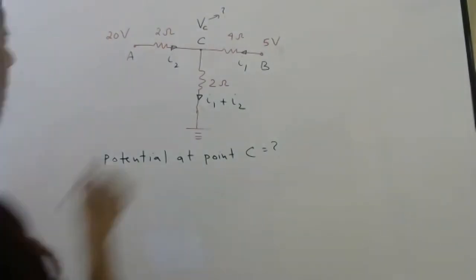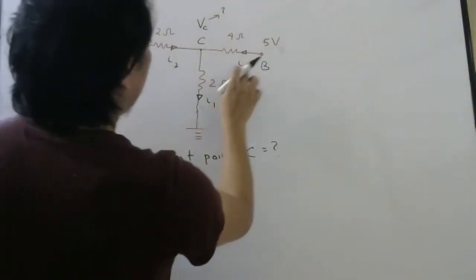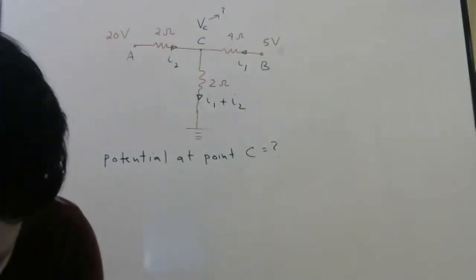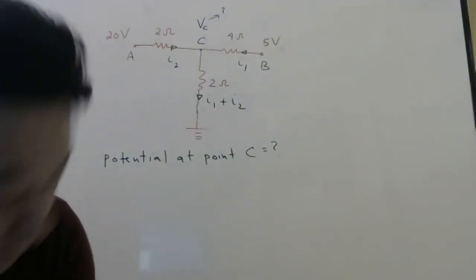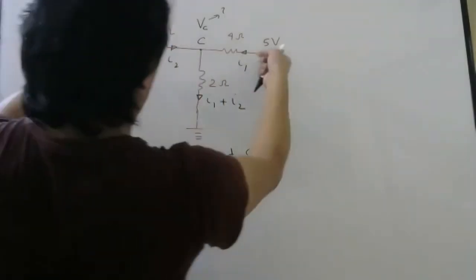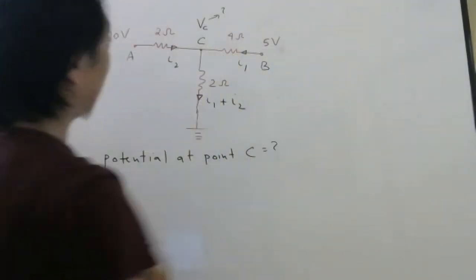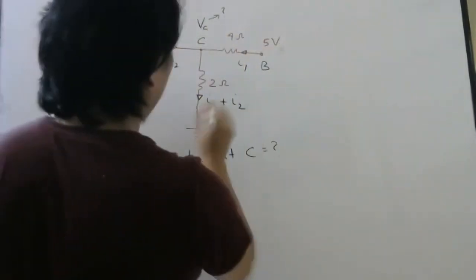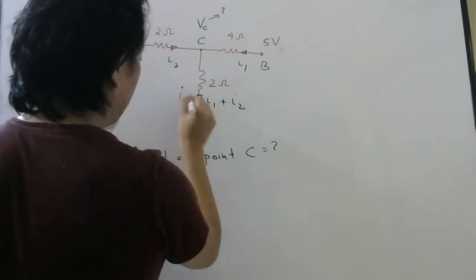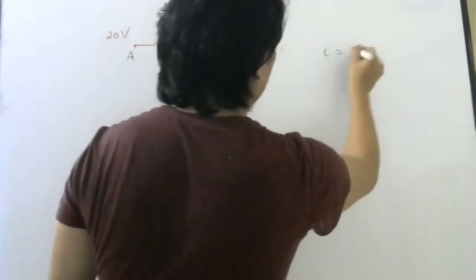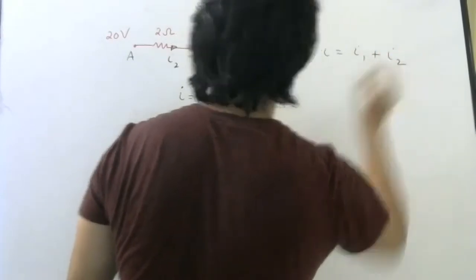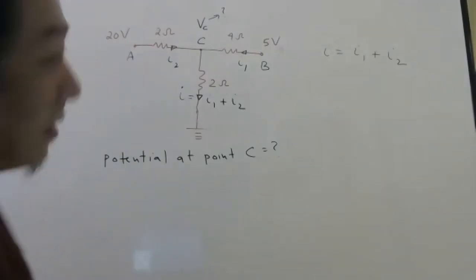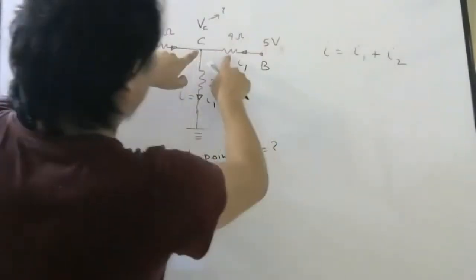Okay. So now look here. Current here I am saying I1, 5 volt. 5 volt or 50 volt it was? 5 volt, correct only. Current here is I2 and at this point you apply KCL. So this current will add and go here. So if I call this current I, total current, then I can write I equals I1 plus I2. What is I? Current in this branch. Okay. Now this current is in this resistor.